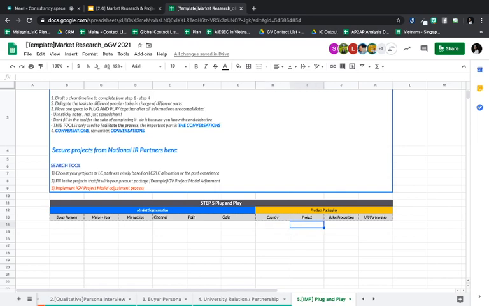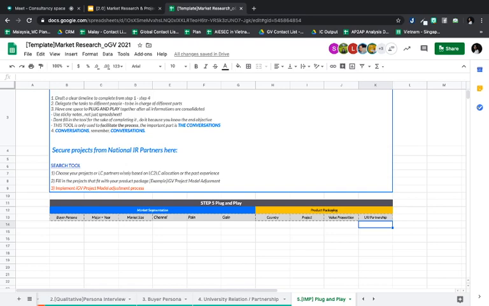Maybe I choose a project regarding entrepreneurship in Indonesia, for example, because that kind of project can give them practical experience in terms of startup and business. The value proposition is maybe practical experience as an entrepreneur. In partnership, maybe you can set up a partnership with a business club in Taylor, for example. So this is the whole thing you do with plug and play, where you identify the product packaging from the market segmentation.